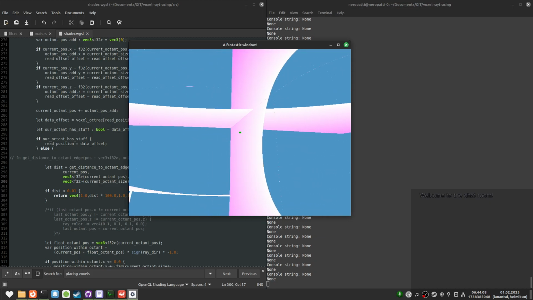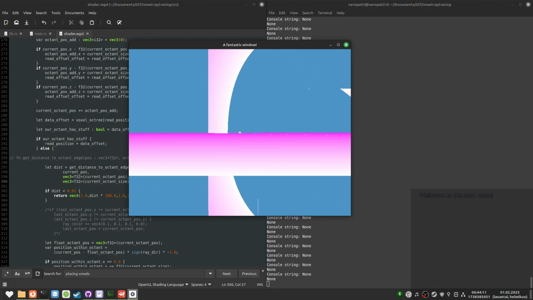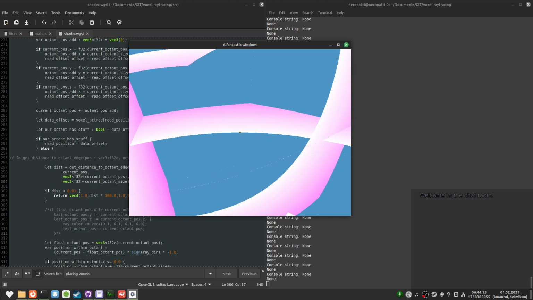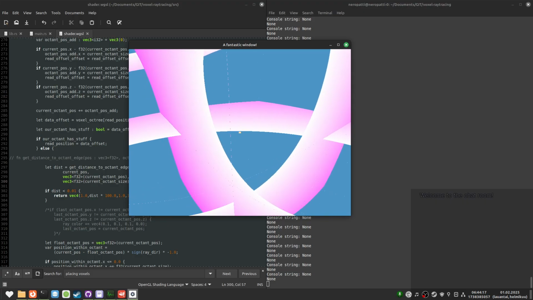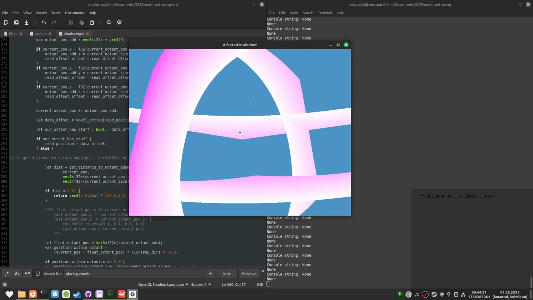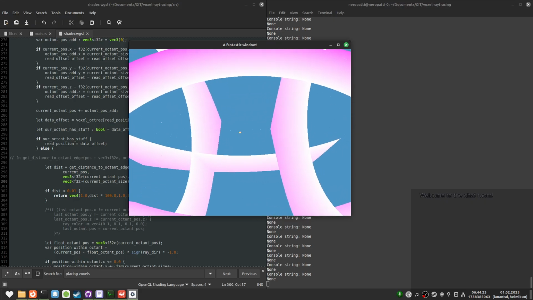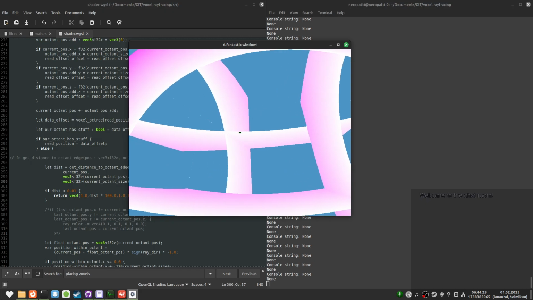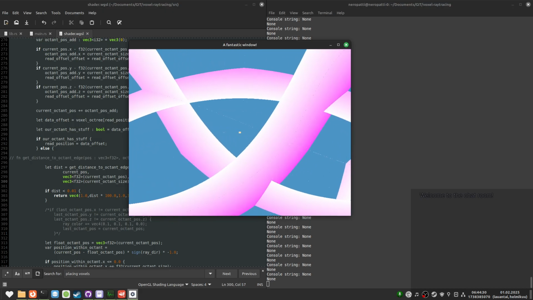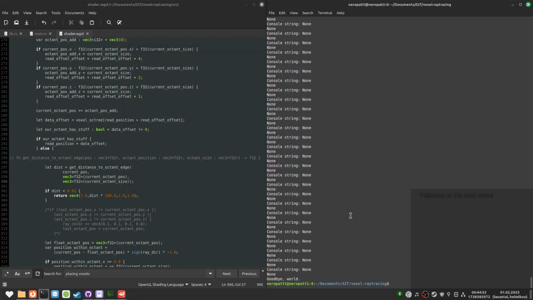Okay, so what am I supposed to engage from this? Okay, what octant level are you hitting actually? Hmm. We could encode the octant level information there as well. Probably.